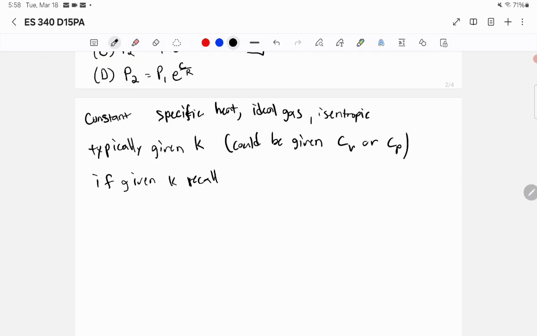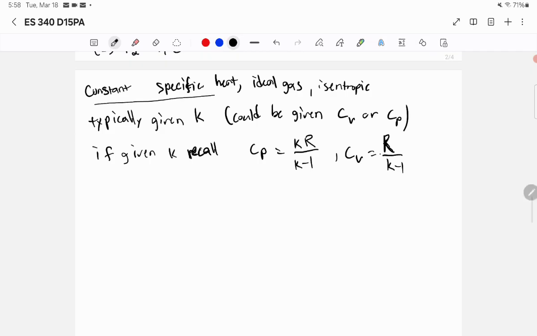recall that CP is equal to K times R over K minus 1, so you would need to get that gas constant, and CV is equal to R over K minus 1. Okay. But if we have a constant specific heat ideal gas that's isentropic, that's a mouthful, then the equations become this. 0 equal to, you have two options. Either the one with